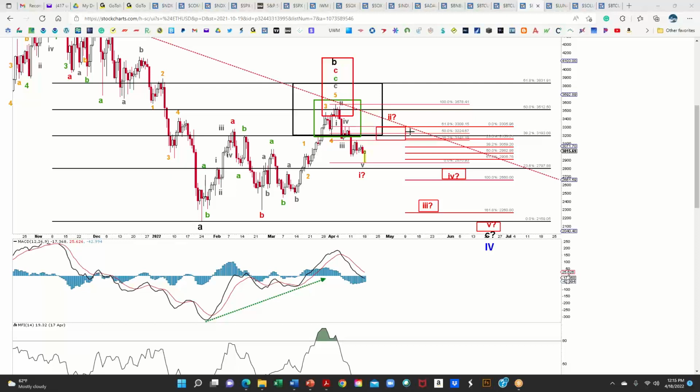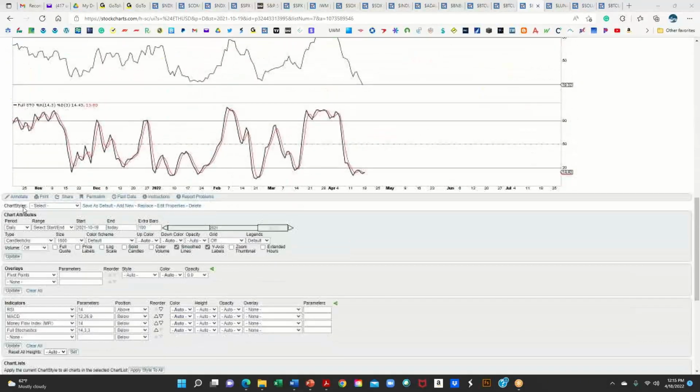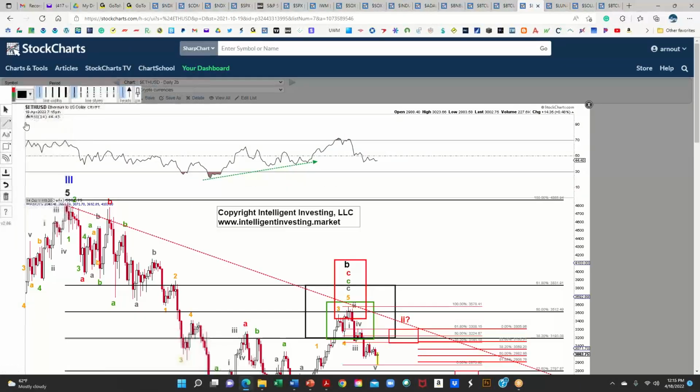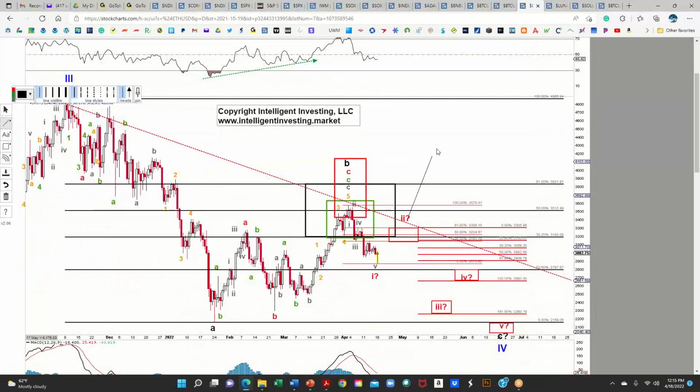And the target zone for wave 2 is simply based on ideal patterns, and nothing has to be ideal. We can bounce all the way here to about 3,400 if it wants to, and it can stall here at 3,000 if it wants to. I have too little price information. So all I'm showing here is the ideal bounce target zone before we can move lower. This remains my preferred view. If we, for whatever reason, start to break out here, then I'll have to change my tune, okay?